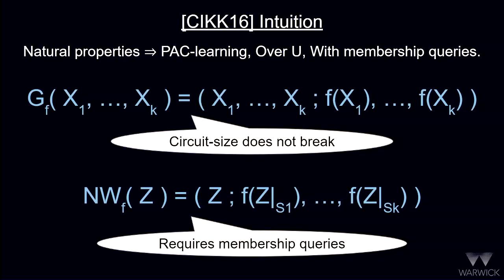Because now, in order to get a predictor, the values of F that you need to know are no longer independent. The designs Si are not overlapping too much, but they are overlapping. So once Z is fixed, the learner will have to ask for some very specific values of F, and hence membership queries. Okay, so very high level, but just to give you some idea.